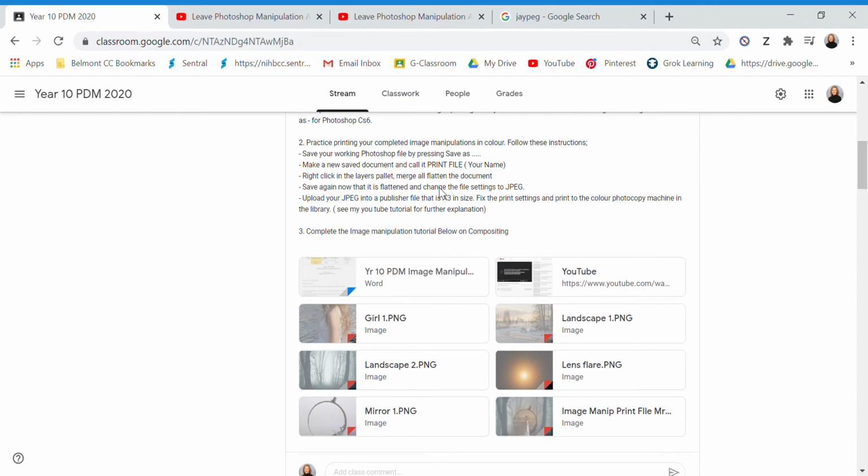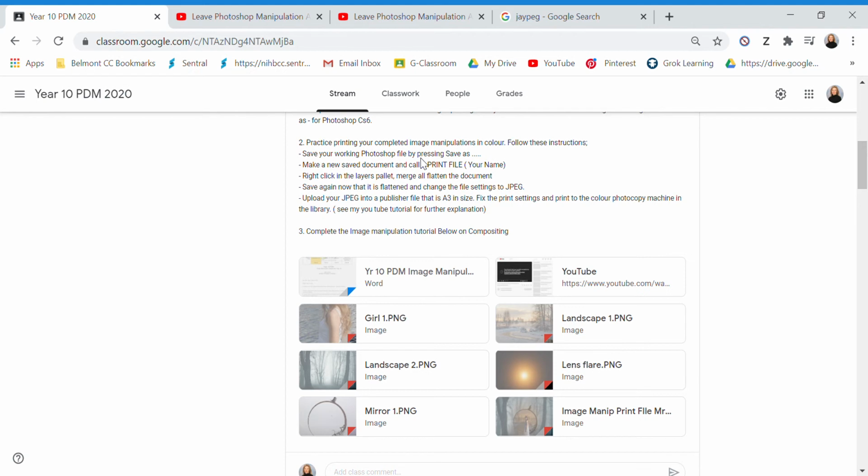I'd like you to have a go at practicing printing. Now, if you can achieve this, I'd be really happy. I've got some instructions here, and I would love to be able to show you, but this particular format that I'm working in at the moment will not screen capture Photoshop for some reason. This is my 3rd try of doing that. It won't capture Photoshop, so I can't really show you exactly how to get a Photoshop file out of Photoshop and into